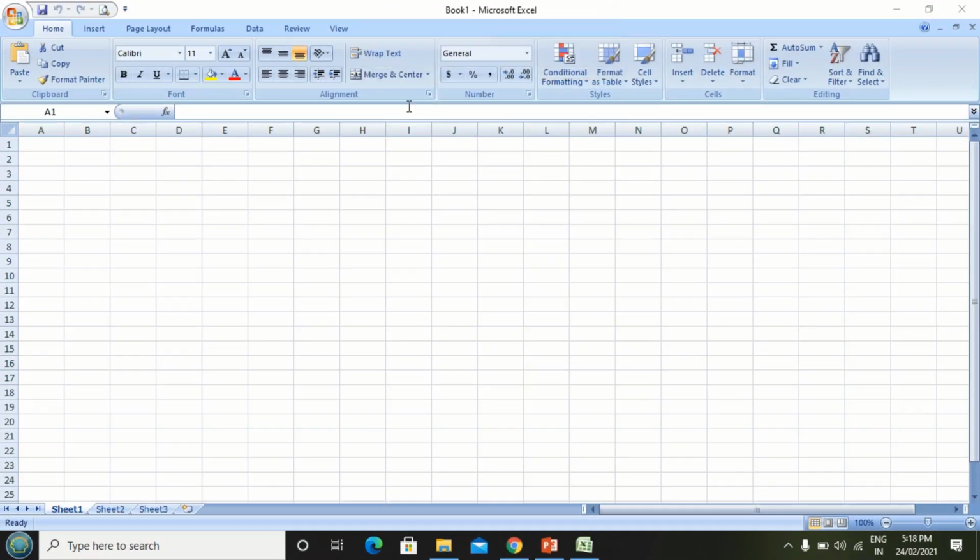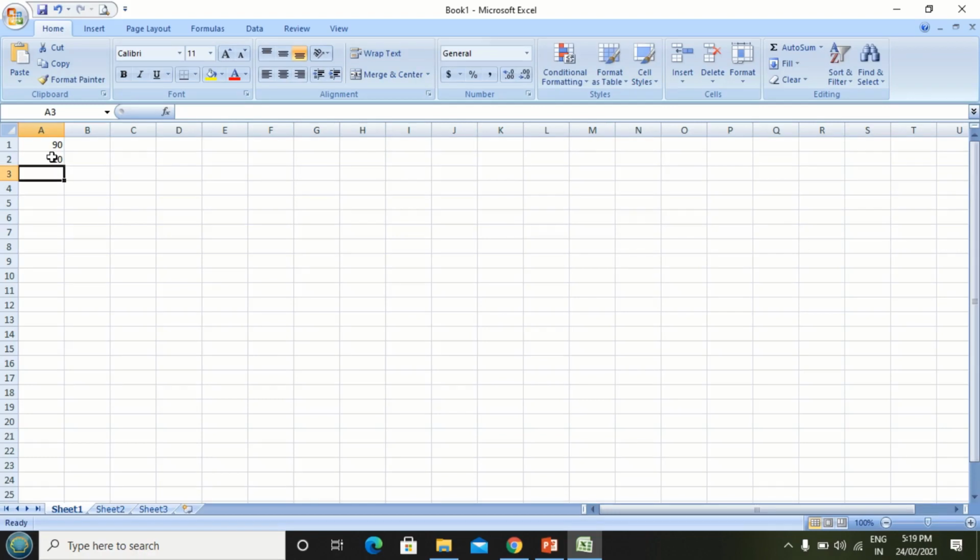Students, let's see the addition of two numbers in the Excel sheet. Students, this is the Excel sheet, Microsoft Office Excel 2007 screen I have opened. In cell A1 here, I am typing a number 90, and in another cell A2 here I am typing a number 10. Exactly below in the A3 cell here we are adding these two numbers.